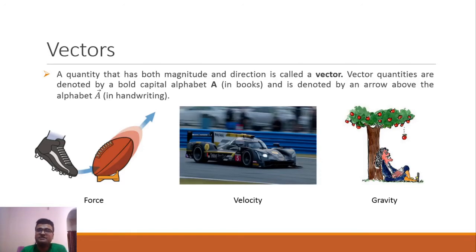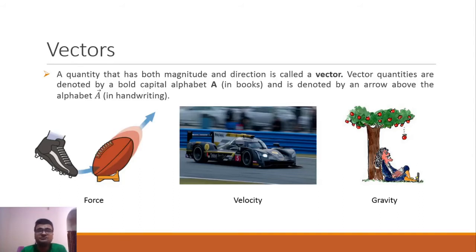There are some quantities that have both scalar and vector versions. For example, we have speed and we have velocity. Speed is a scalar and velocity is a vector. We have distance and we have displacement. Distance is a scalar quantity. On the other hand, displacement is a quantity that has direction, because when an object is moved from one place to another, it is displaced, and it is moved in a specific direction.